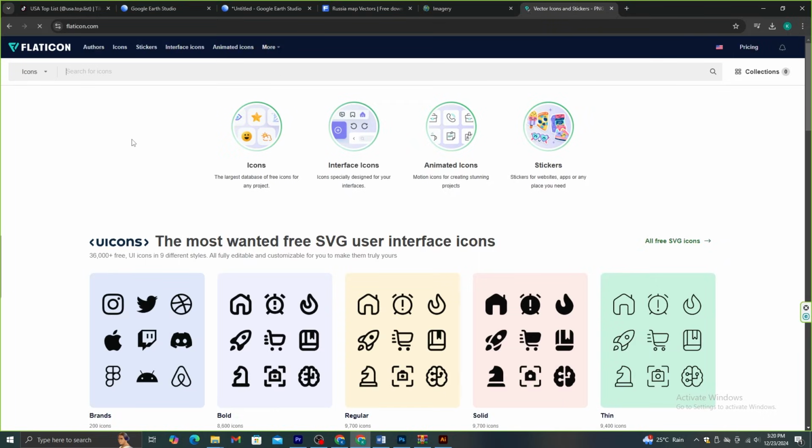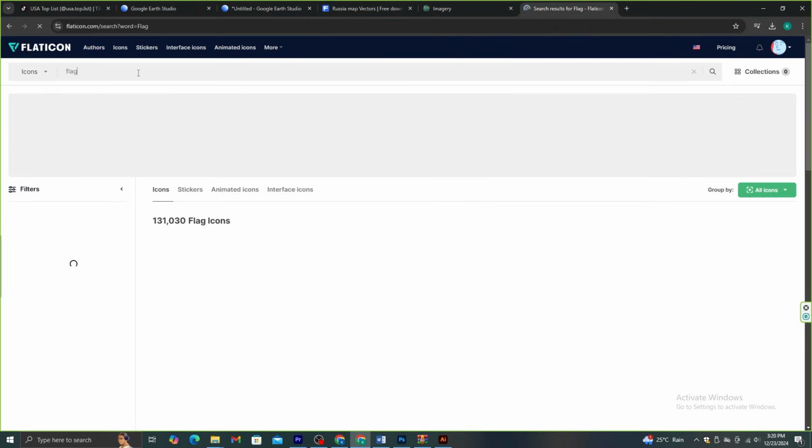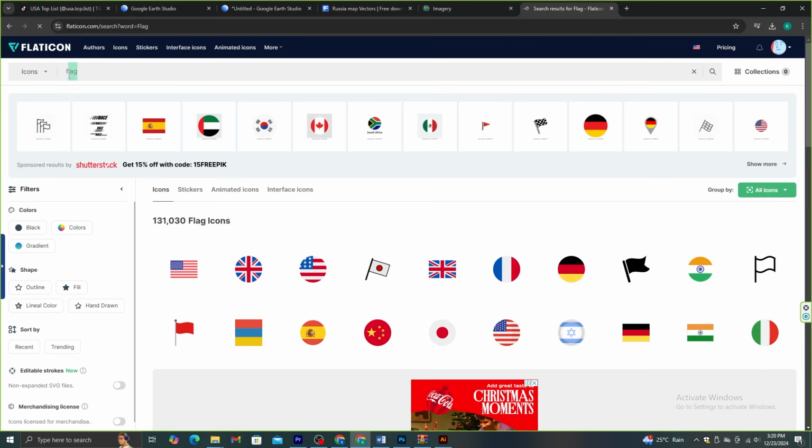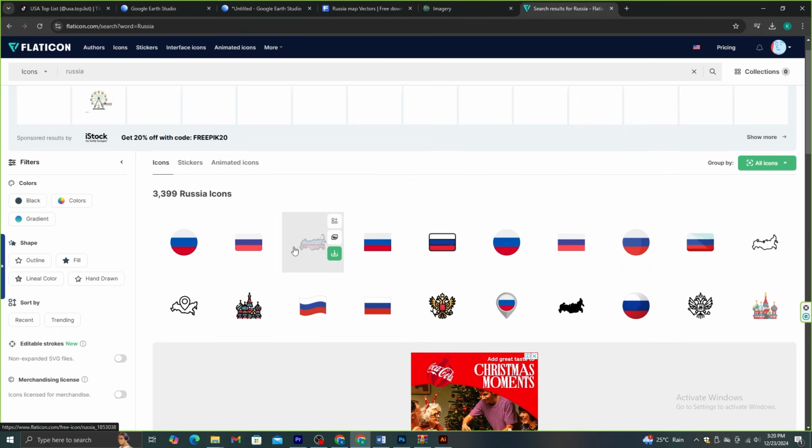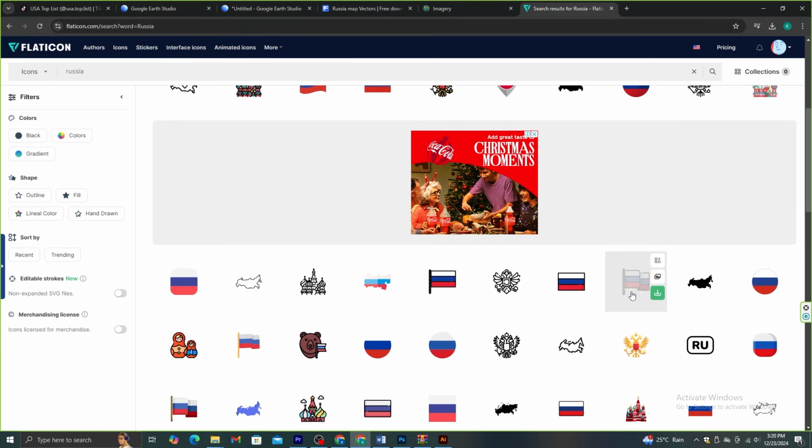Now, for the editing part, we will need several icons and some images. I'm going to use flaticon.com for that. Using this website, you can download any icon-style images for your videos. Now, I have given you all the websites that you need to gather the necessary materials for this final video editing.